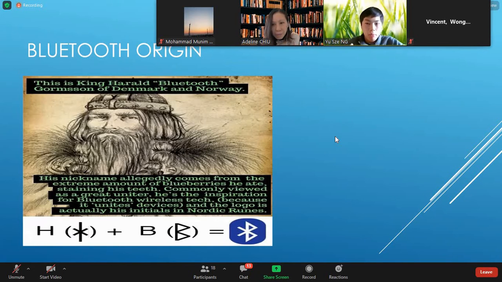The name maker and Bluetooth inventor himself also comes from Denmark, and his name is Sven Mathiesen. Considering he also loves eating blueberries, and the king the name is based on also loved eating blueberries, I see it's kind of suitable to think that Bluetooth and blueberries are named as the title of the product and the brand. So